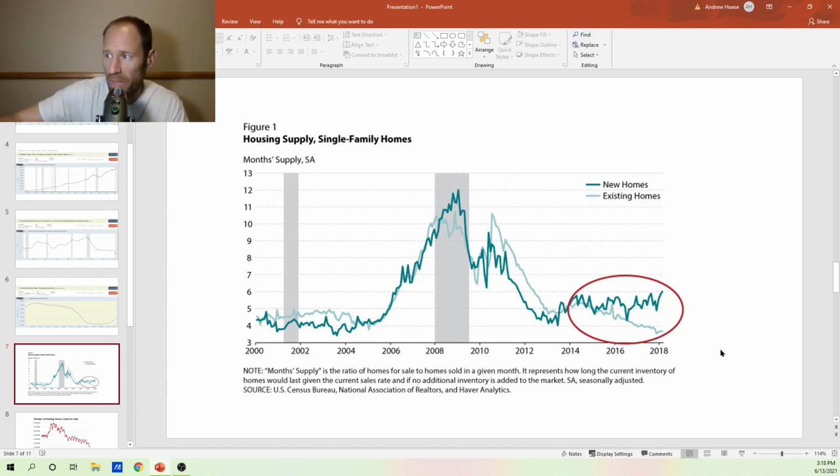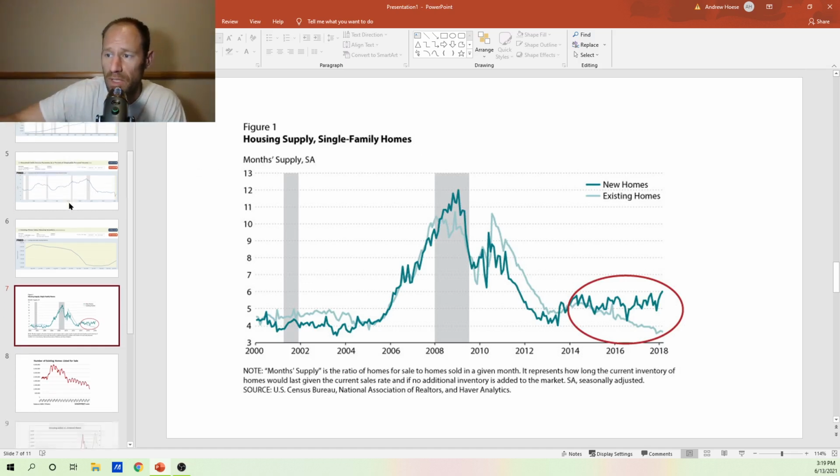This is a little bit older, but I'm just showing you the relationship of what's going on. And here's new homes. They built like heck from 2005 all the way to 2009. They ramped the new home sales up. They were building like mad, and existing homes were going up at the same time, creating a massive bubble in residential real estate for single-family homes.